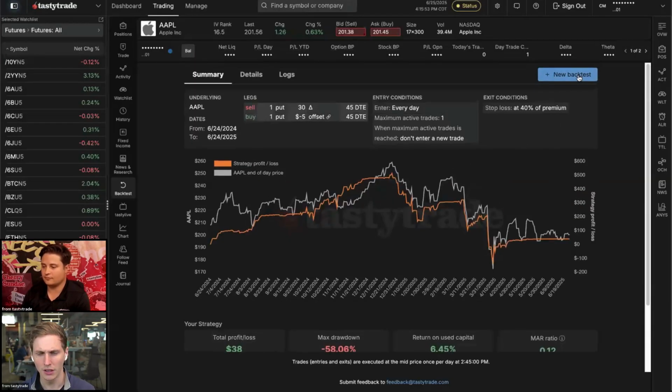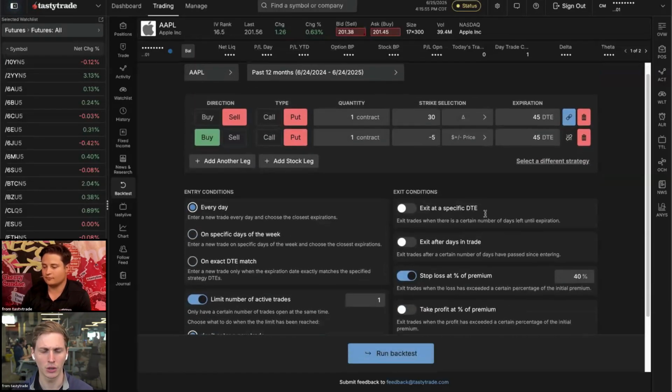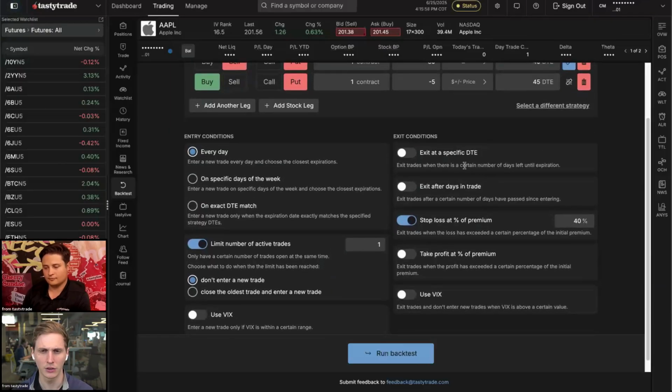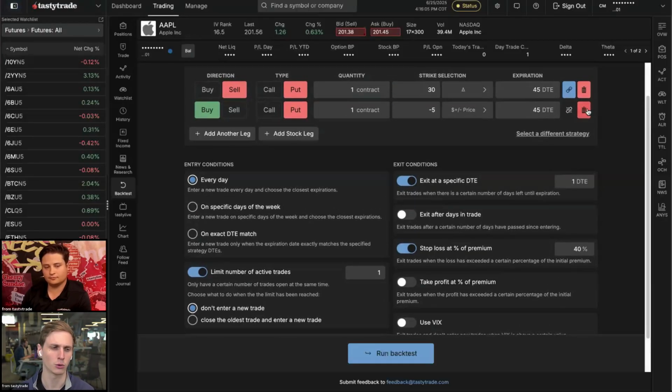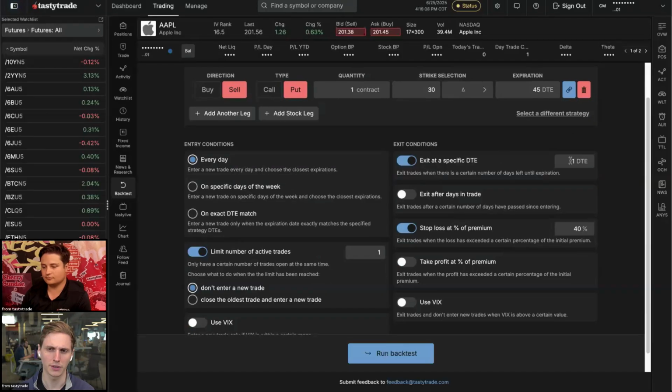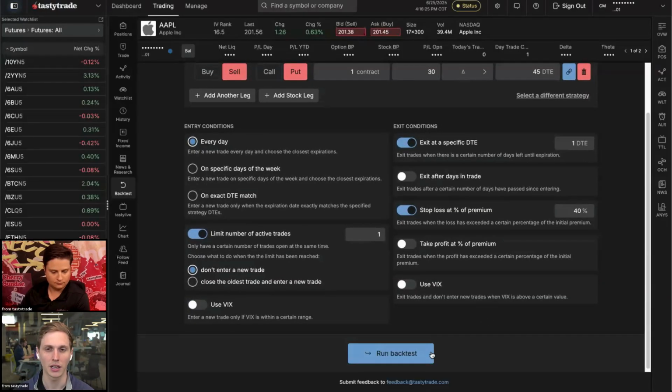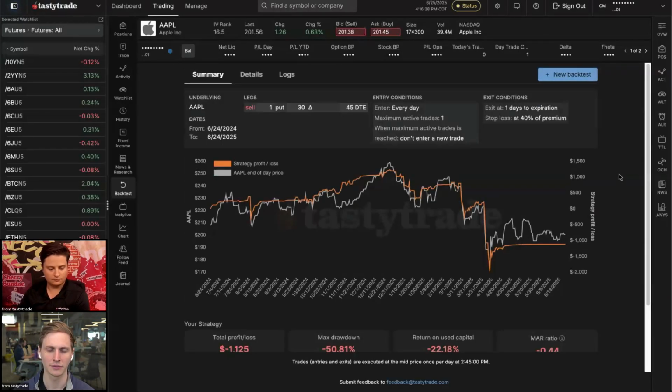And one thing you can do as well that I wanted to show off is that you can also change some of the exit conditions. So someone was asking about, hey, maybe if we go back to just that short put again, real quickly, and we want to make sure that we're closing out our option before it expires, so we're not getting exercised or assigned, you can set the exit at specific DTE to just 1 day. So it's going to close it the day before expiration. And if we run this backtest again,